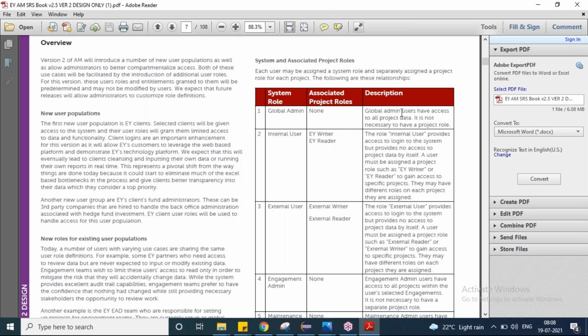For example, we have the ICICIbank.com website. In this website, there will be different users with different permissions. You, as a registered user, will log in and have a certain level of permissions. You can only check your account details, and you can't go to other details. If there is a normal bank employee, he will have certain privileges, right? He can check your details also. And there will be another user like a bank manager.